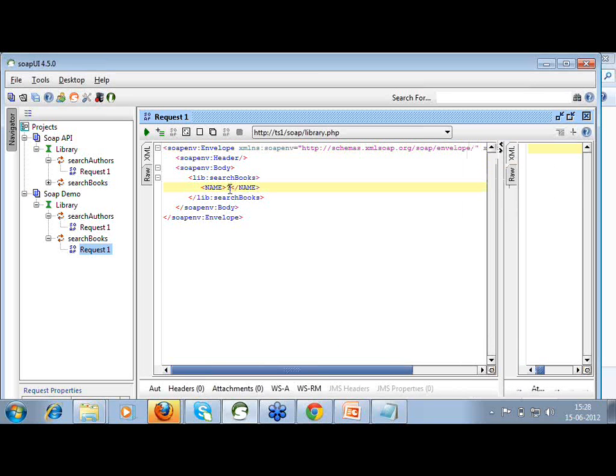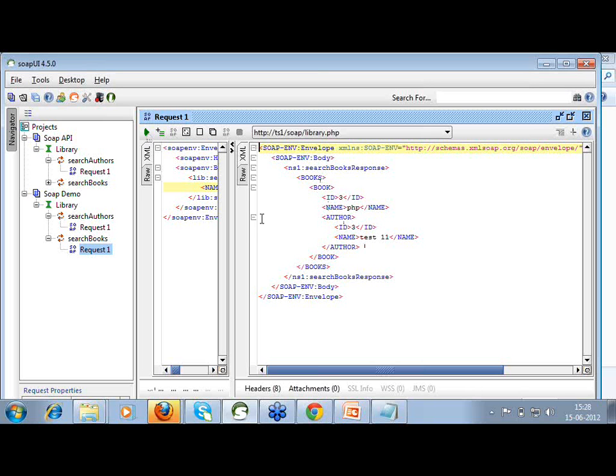You can see the name is empty, and put PHP.